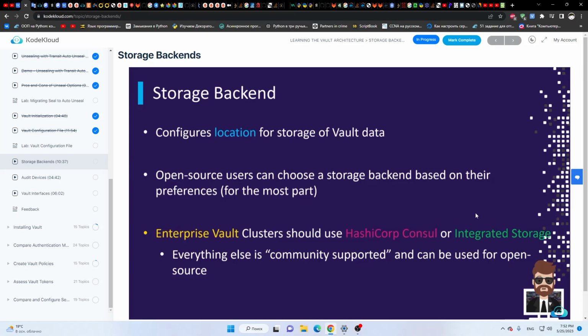So when integrated storage first came out, it did not have cloud auto join. It did not have an agent in order to do automated backups, nor did it support anything like autopilot. So those were features that you get with Consul. They did not come with integrated storage. But now, since 1.4, and I believe there was something added in 1.5, 1.6, and 1.7, integrated storage again is on par with Consul, and it should be probably your top choice if you're going to run an enterprise Vault